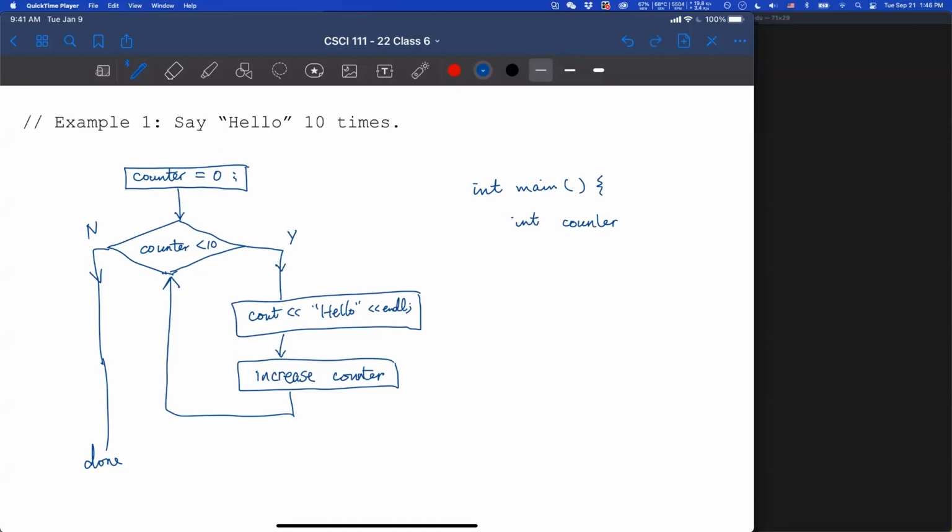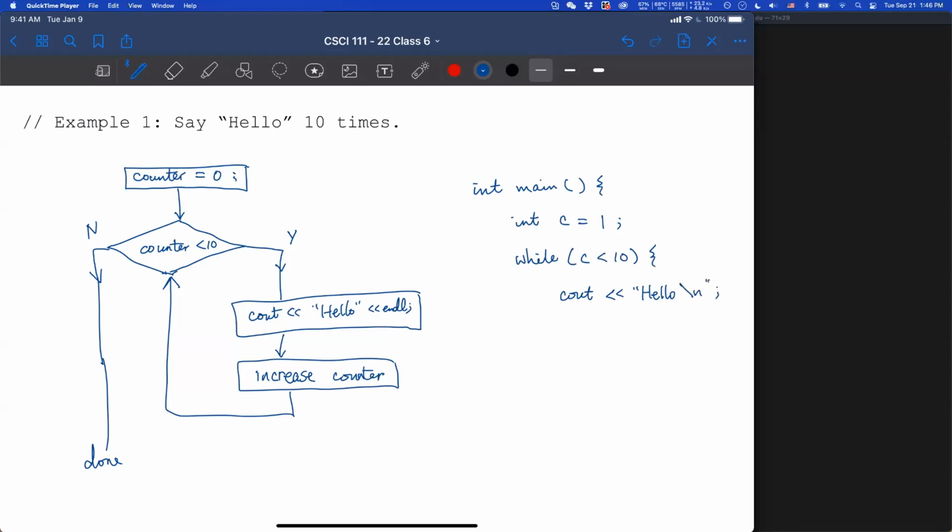Let me just use C. Now in our loop, while C is less than 10, we will print out hello.